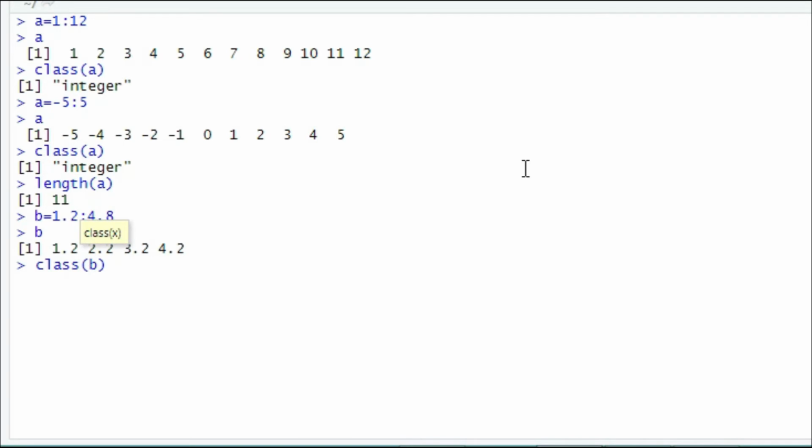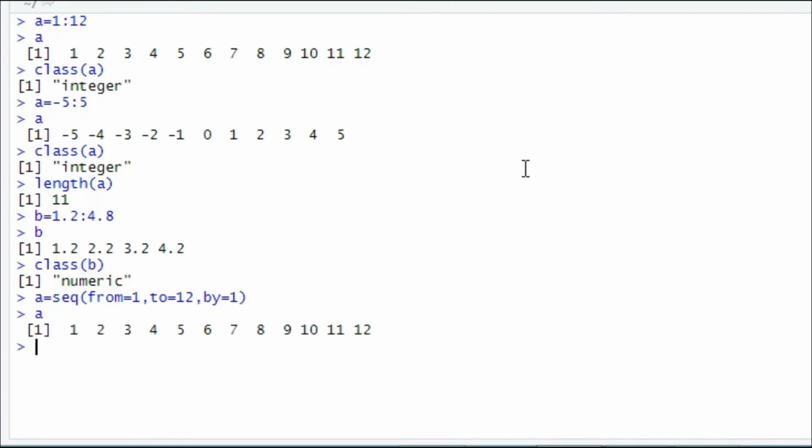Decimal is called numeric in R. Okay. Now I will define a vector of integers with the sequence function. It is seq, with from 1 to 12, by equal to 1. Now print A, that is 1 to 12. It is the same as A equal to 1:12 that I defined earlier.